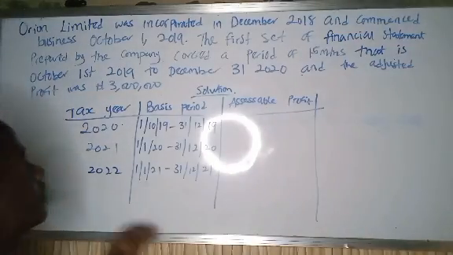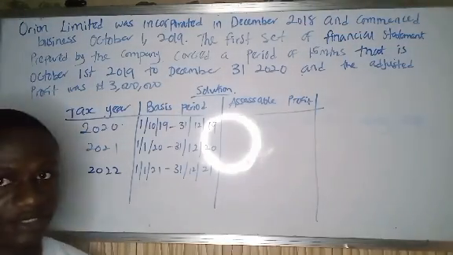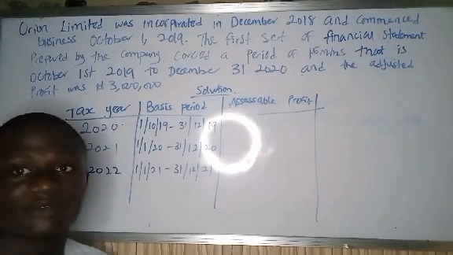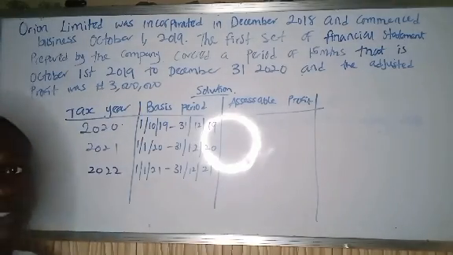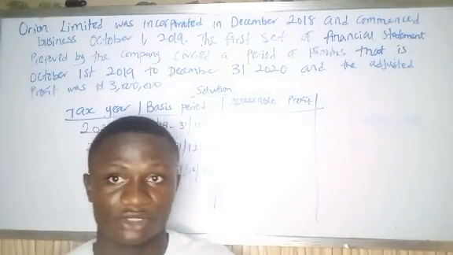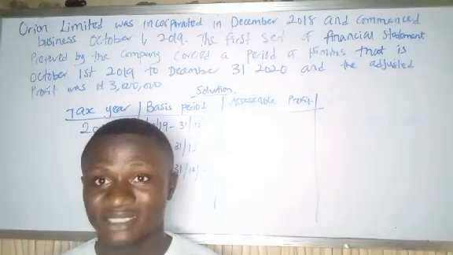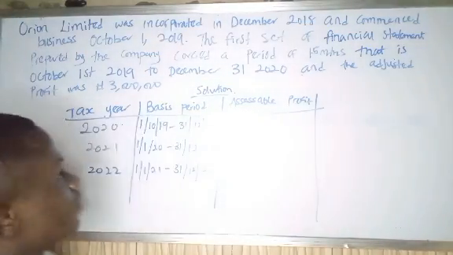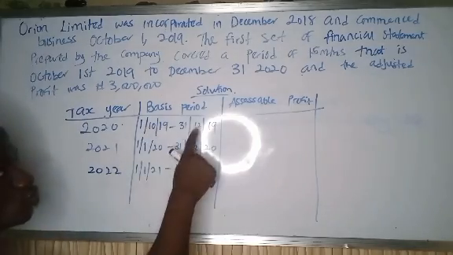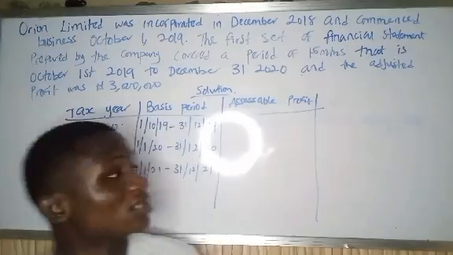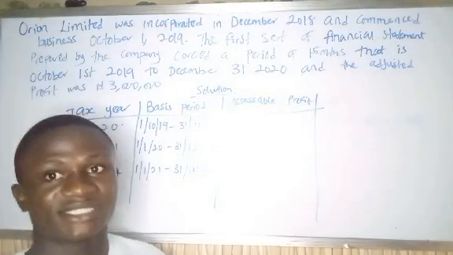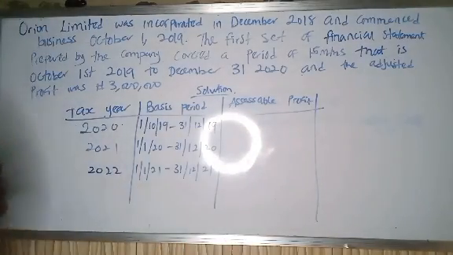We're given the profit for the whole 15 months to be 3 million naira. How do we do this? We prorate, we share the profit according to their periods, according to the time, to how many months it is. Now, if you look at it, this is 1/10/2019 to 31st December. That is 2 months from the commencement, October and November till the end of November. That is 2 months.